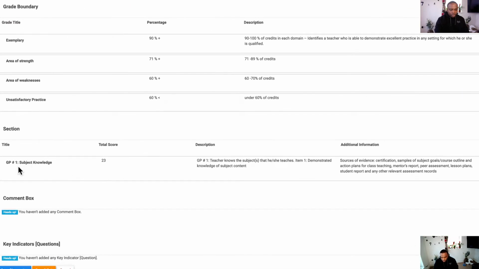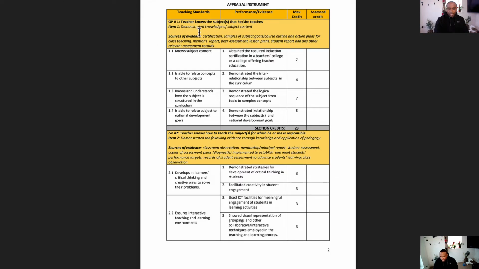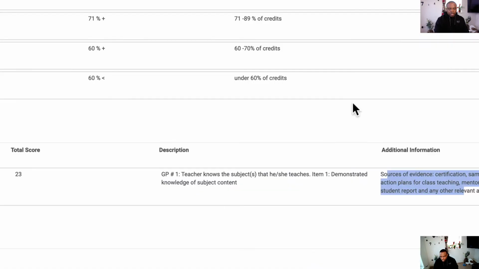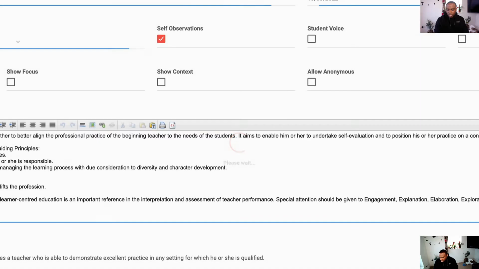Now notice it pops up here, so GP1, I renamed it and called it subject knowledge, and for the description I put GP number 1, teacher knows the subjects that he or she teaches, full stop, item 1, demonstrated knowledge of subject content, and then sources of information as the additional information. So notice I've copied all of this bit here. So now I am going to save my observation again,